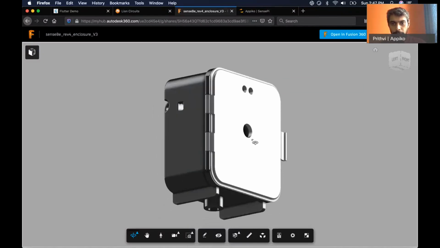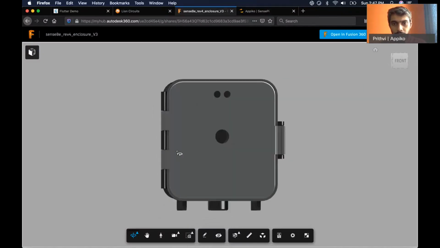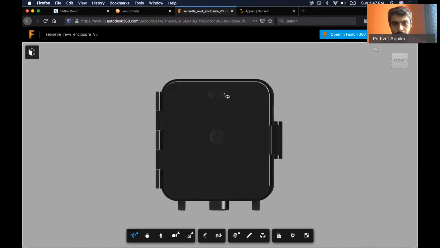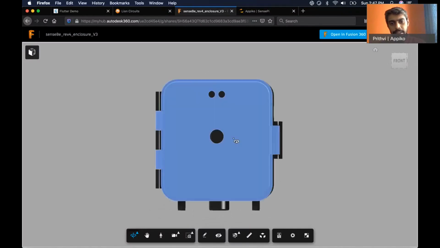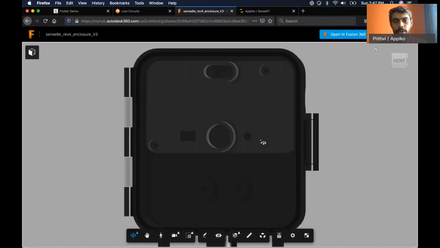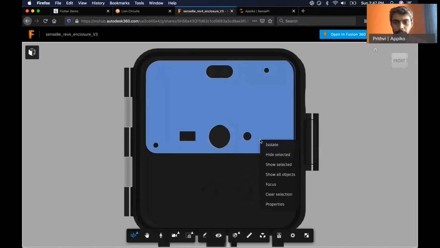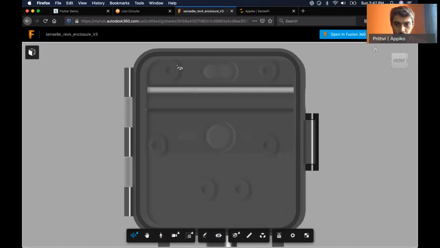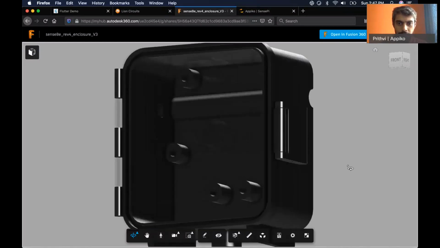The two LEDs on top are because there are these two openings on the top, and this PIR motion sensor is here. So the PCB will go under this part on these four mounting holes that you can see here.